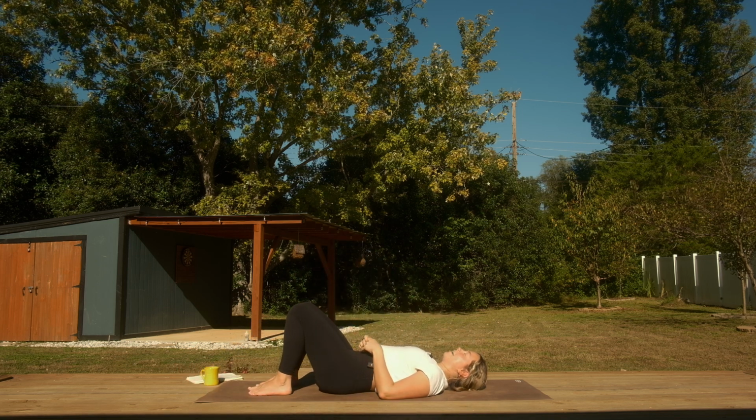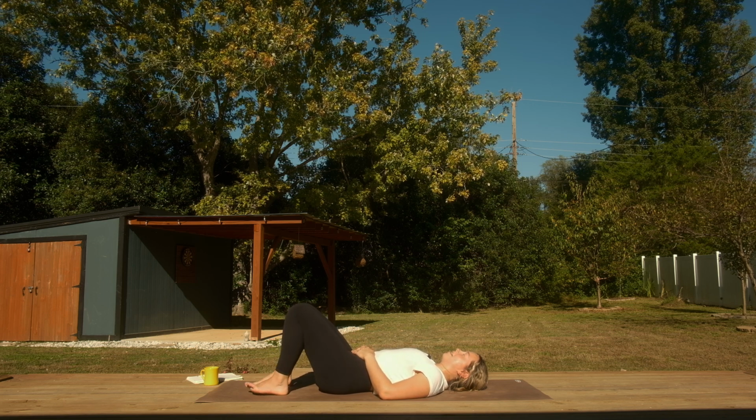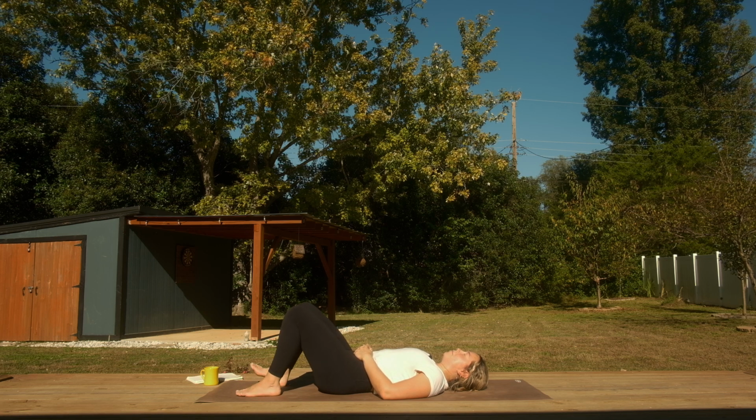Once you're on your back, pause for a moment. This is where we started class. Lots has changed, even in that relatively short period of time. A lot has probably changed and shifted. We've strengthened, we've softened, we've breathed a little more, maybe got rid of some stale air, maybe you learned a new pose. Yeah, a lot can change, so just soak it up, take a moment, and then start to walk your heels